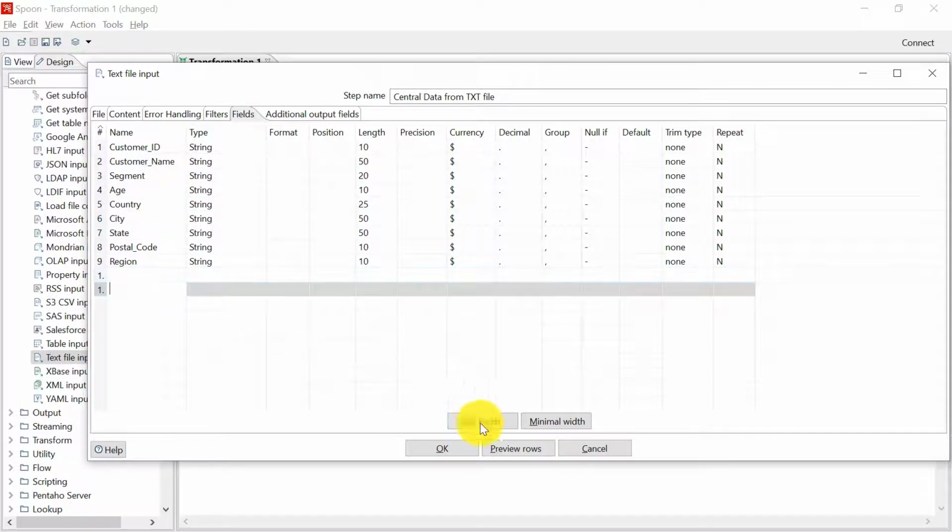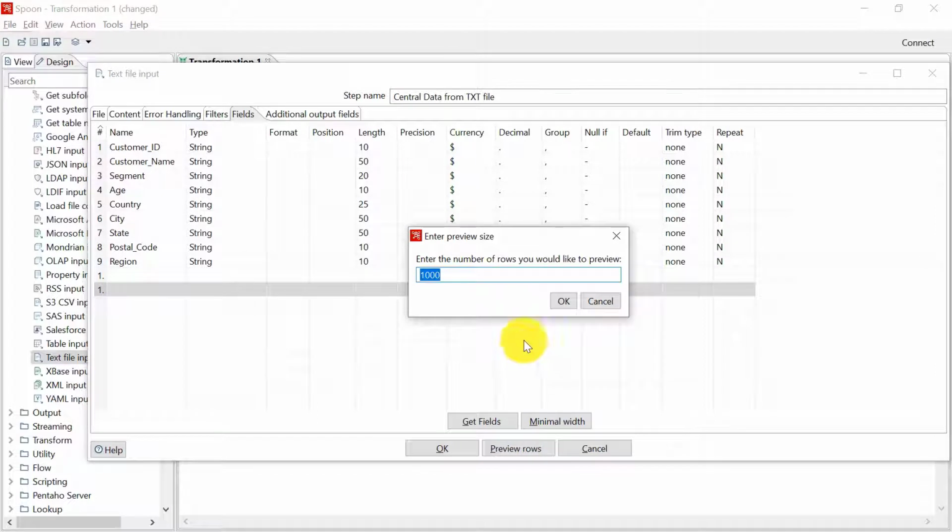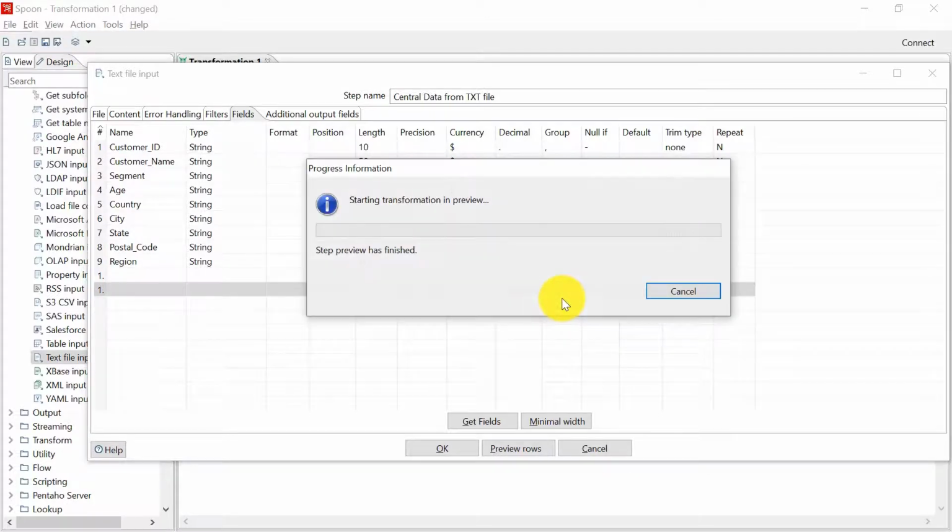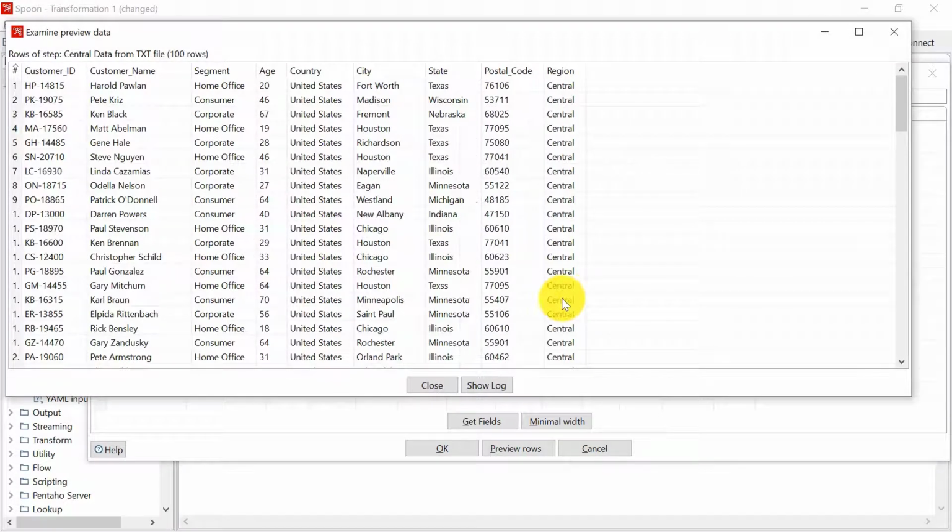Once you have set this, you can preview the data. How many rows do you want to preview? I think 100 would be sufficient. And you can see that this is the same data that we have in the text file.